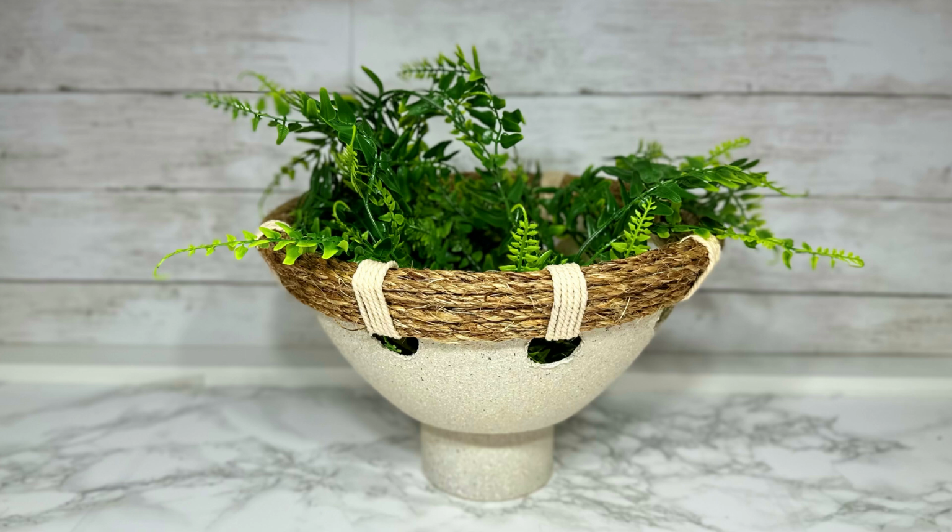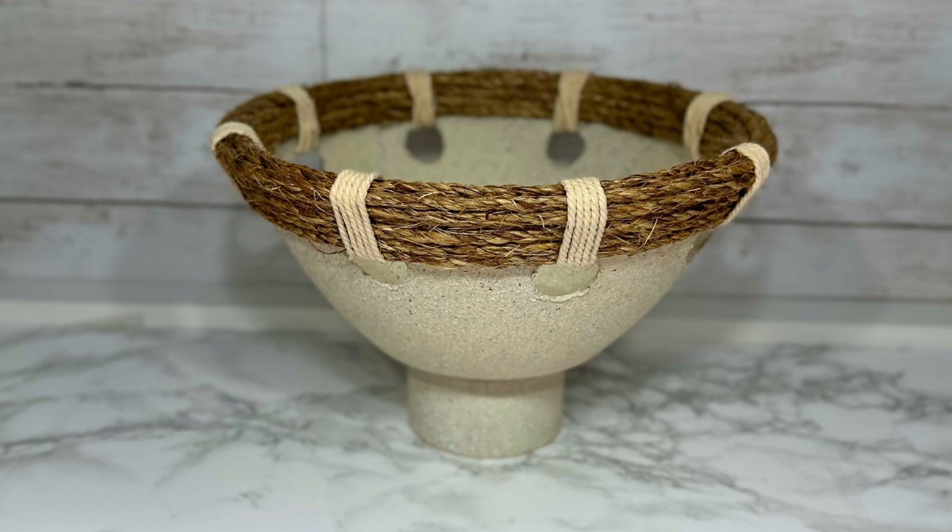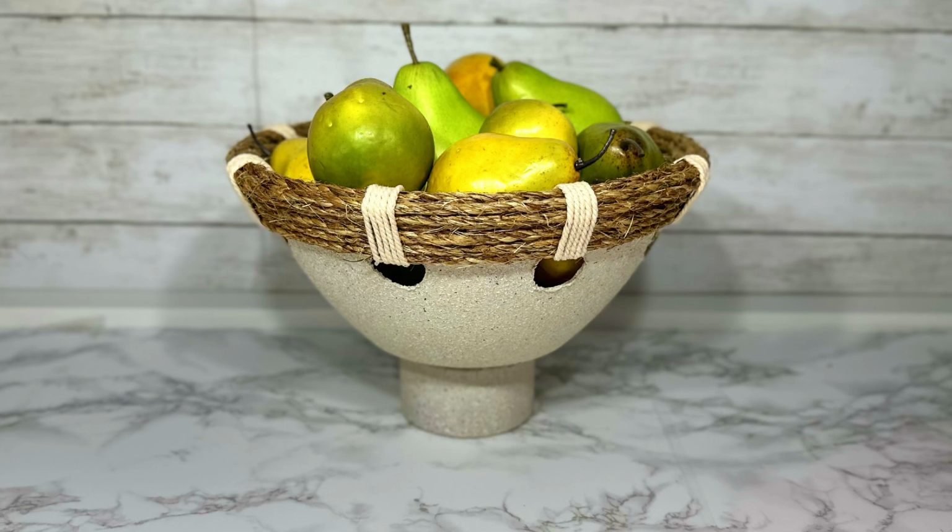I love the boho look of this bowl. I wish it had a little more texture, like maybe wrapped in clay or paper mache, but other than that, I love this bowl and I'd be very proud to display it in my home. It's a really neutral kind of artsy boho vibe, and it actually feels a little spring-like to me. Maybe I'm getting ahead of myself, but it's a breath of fresh air and definitely an upscale use of a